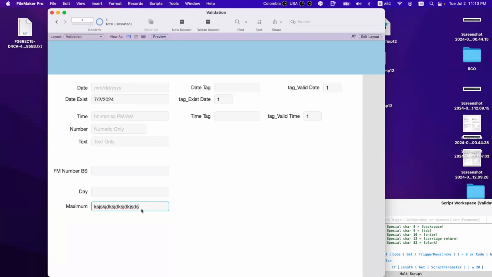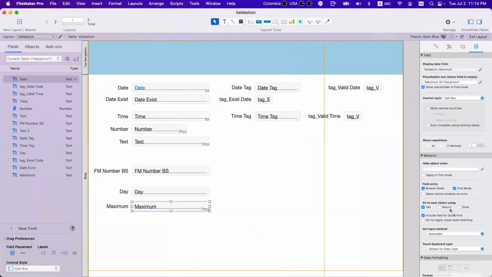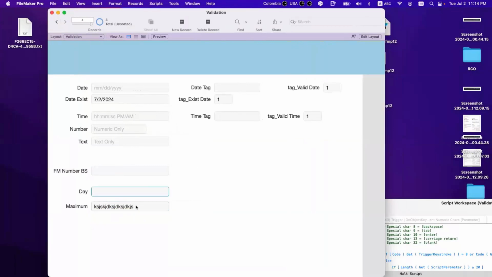Backspace, tab to go to the next, carriage return also, especially if you have something like this.